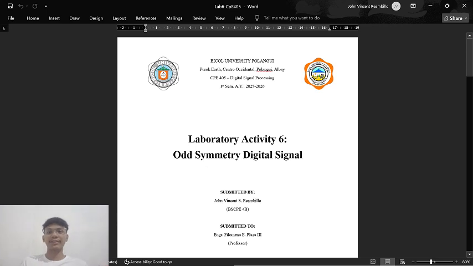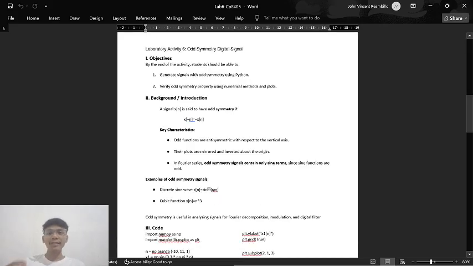So I'm John Vincent Triambilio and I will be explaining our laboratory activity number 6, odd symmetry digital signal. The goal of this activity is to generate signals that show odd symmetry using Python and to verify this property